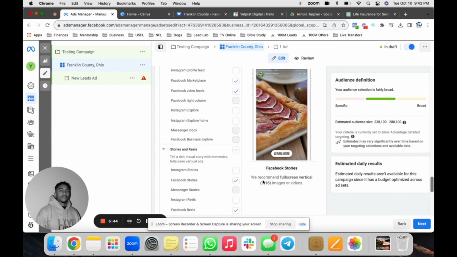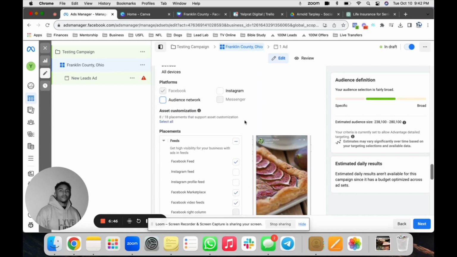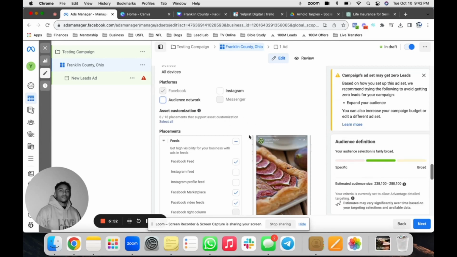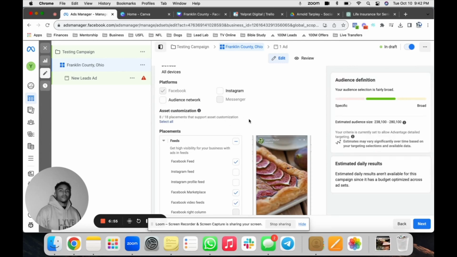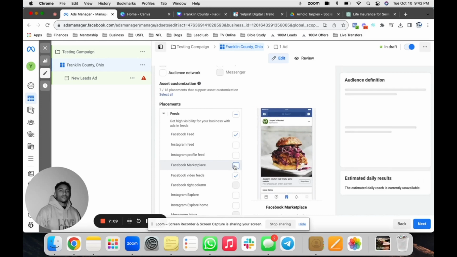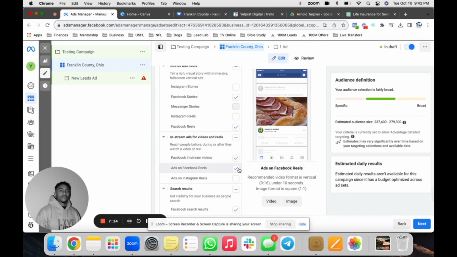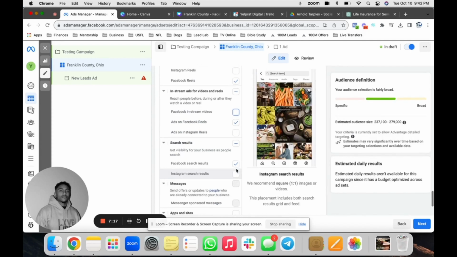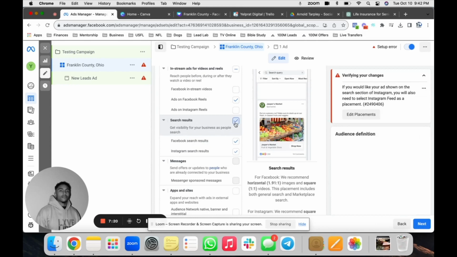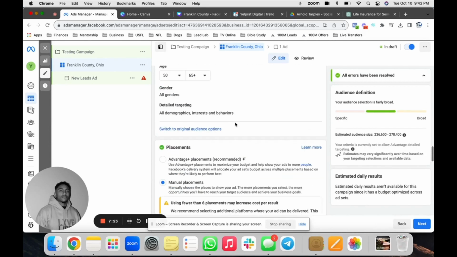I like doing auto or manual for smaller areas versus, as you saw in my previous video, for other ones, we like to do Facebook because that's where they are. You do want to do auto because you're going to typically have a higher audience size with auto. If it isn't higher, if it's relatively the same, like this one is 20,000, then go Facebook. And then you can uncheck markets or whatever it is, as long as it's not affecting the audience size, and you should be good. Facebook stories, might get rid of in-stream. You can keep search results on or you can get it off. Doesn't make too much of a difference. And then you'll be good to go.